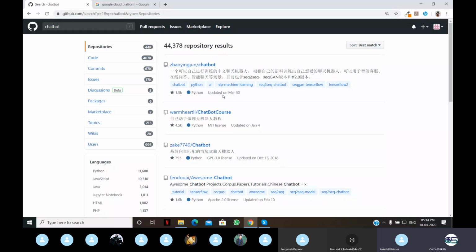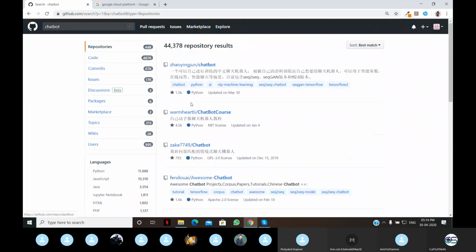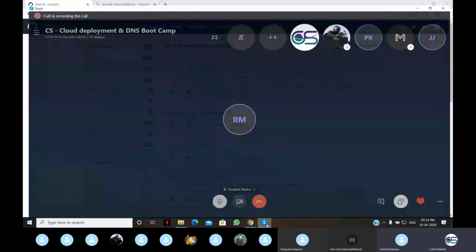Can you see my screen? Yes, Jaren, we can. Okay, just go to your Google Chrome, go to github.com. Can you see the screen? I am already on GitHub. No, your screen is not visible to me.